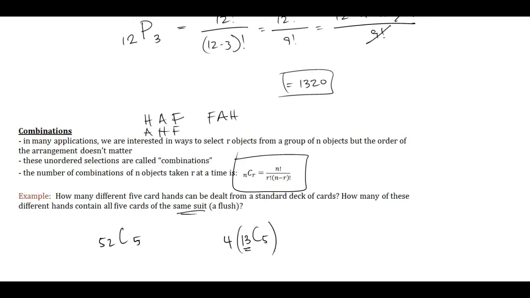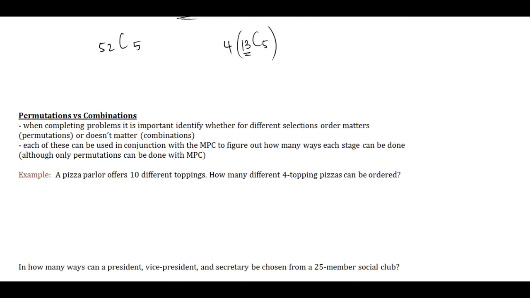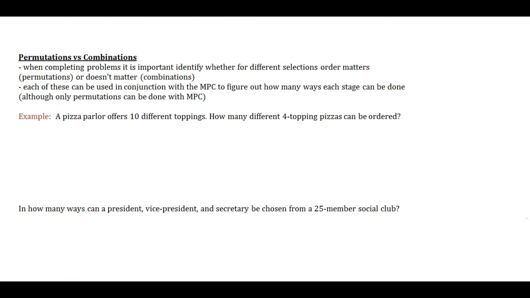So when you're picking a group from a group, you're going to use combinations or permutations. If order doesn't matter, use combinations. If order does matter, use permutations. And that's going to be the really confusing part, like right here. Again, a little difference between the two is explained there, but more importantly, you want to know,